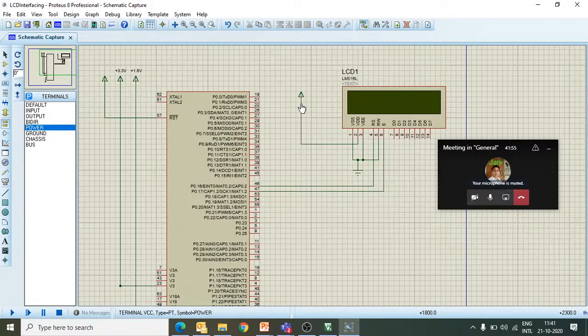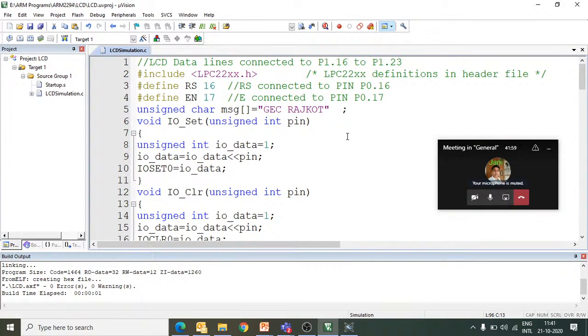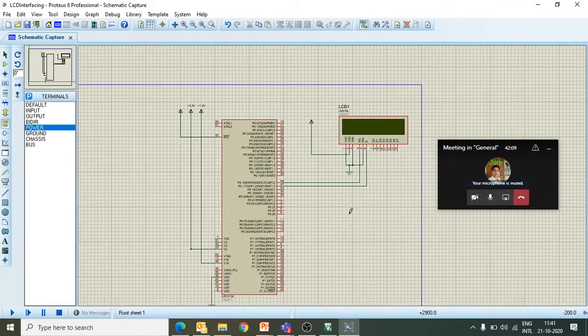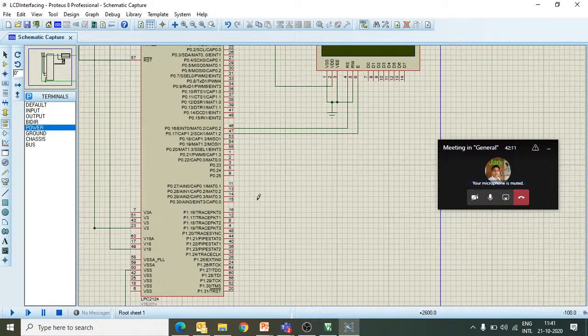Then I want to connect the data lines. Now let's look at where, as per our program, the data lines are connected. Data lines we have to connect from 1.16 to 1.23. So let me check whether the same port pins are there. Okay, here it is. So 1.16 data lines are connected. I will connect this D0 with 1.16, D1 with 1.17.